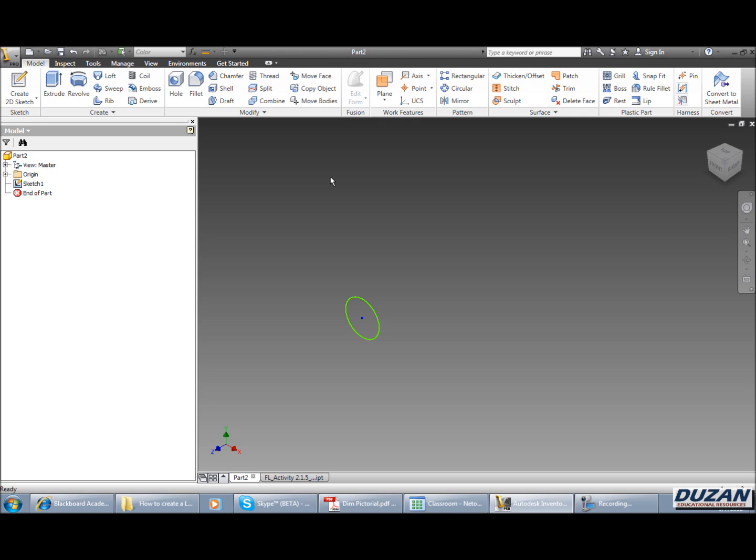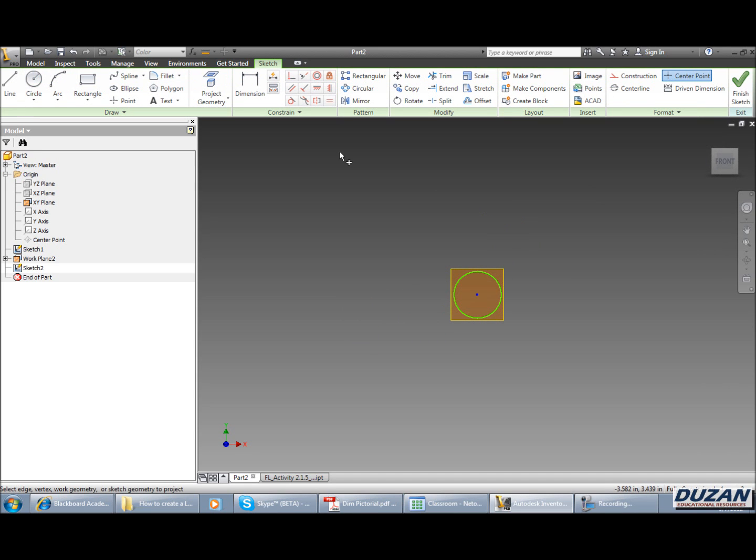Alright, so we've created our first sketch, which is a circle. Now I'm going to go to my origin and turn on the visibility of my XY plane. I'm going to grab that plane, drag and drop it a distance of -2, and accept that, and then we'll do it one more time, a negative distance of 2, and say okay. Now I have 2 different work planes to work with, 3 total. We can now create a 2D sketch on this work plane. We can project our geometry, and create that square that we were talking about earlier,